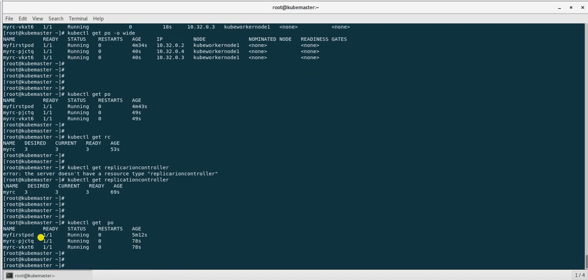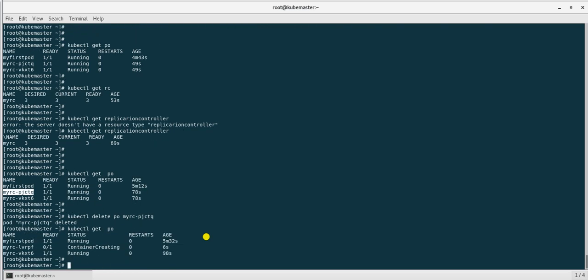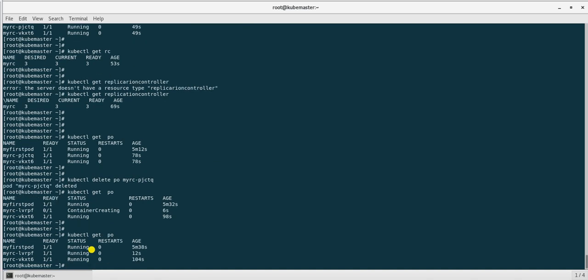If I delete any one pod, it will automatically get created. Let's delete the pod. So the pod is deleted. Let's see, our pod is again getting created, and it will be created soon.